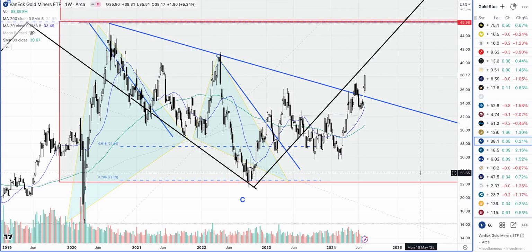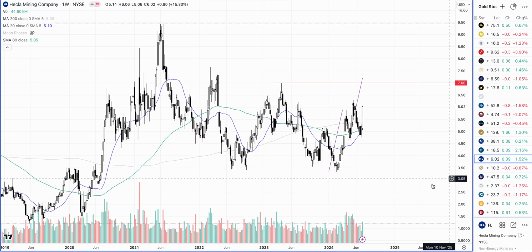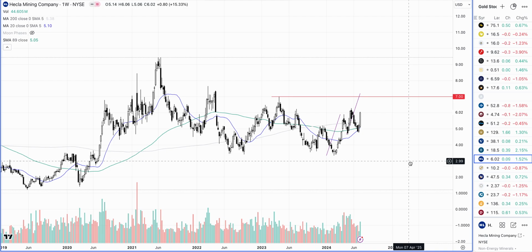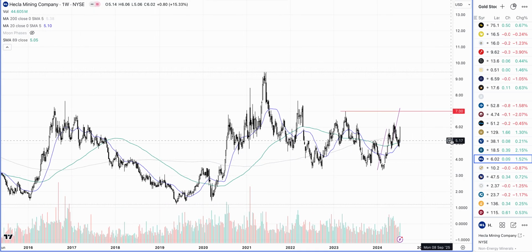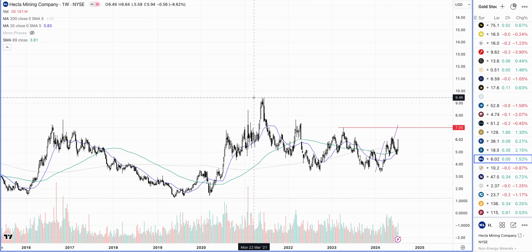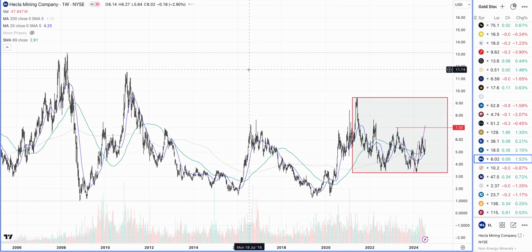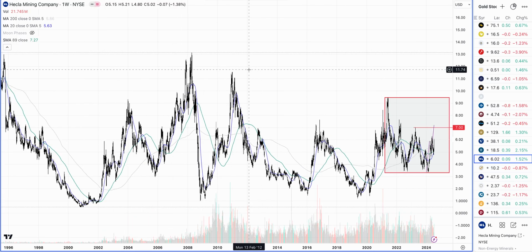So this is the ETF GDX that we had a look at. So we already covered this one. This is Barrick Gold. We have already covered this one. This is Hecla. There we go. Hecla, a low price stock, but it looks like it wants to go and challenge the $7 highs right above, right close to the smaller ABCD as well. But it's also been in a pretty long trading range like this. So ultimately, I think it wants to go and test these highs around the 9. And this is probably what it wants to do.